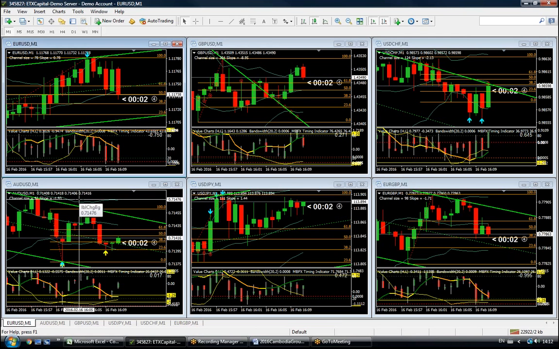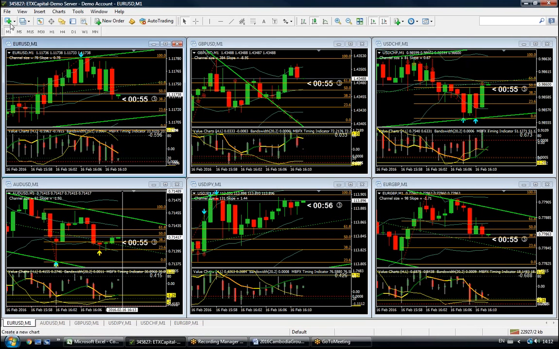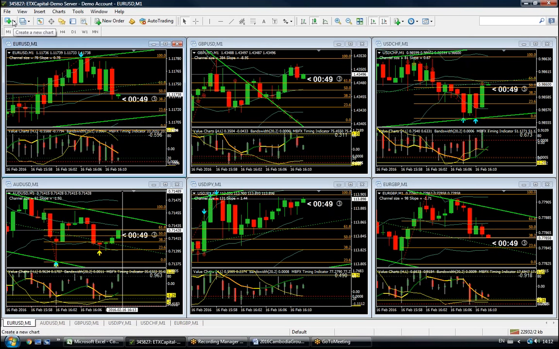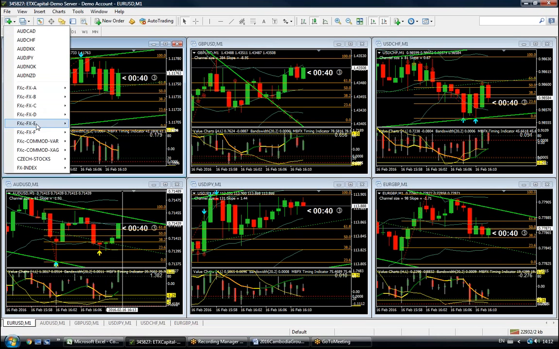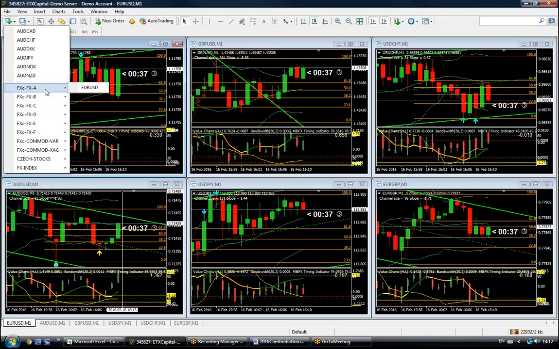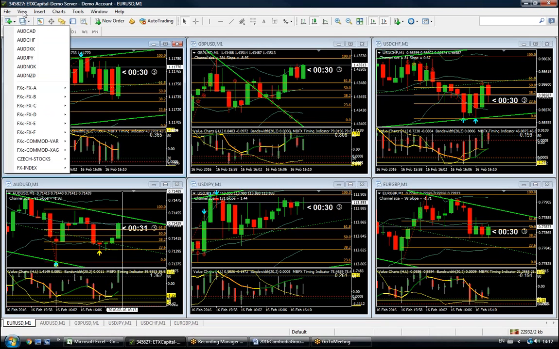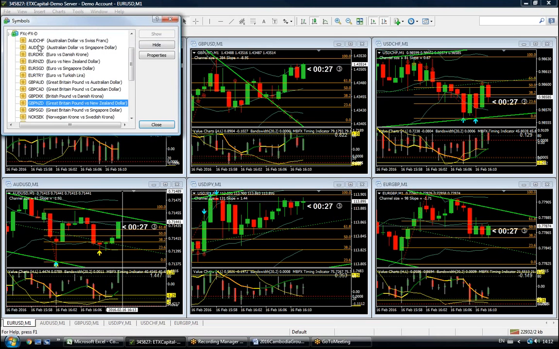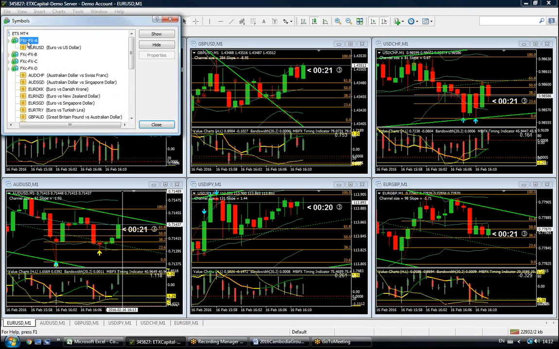Now, why don't we start at the very beginning, and I'm going to go through each of the indicators one at a time. So in order to do that, I'm going to open up a brand new currency pair. And if you click on the red cross here, it brings up all the list of different currency pairs. Now, here's Euro USD, and for some of you, when you click on that first, it won't be there. And what you have to do is you have to go into symbols, and then at the top here you'll see FXA, and when you double click on that, quite often Euro USD is actually grayed out,